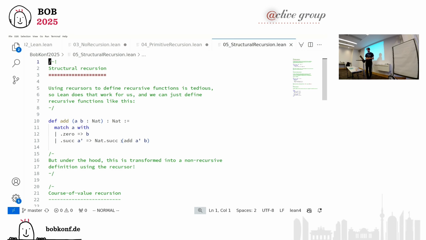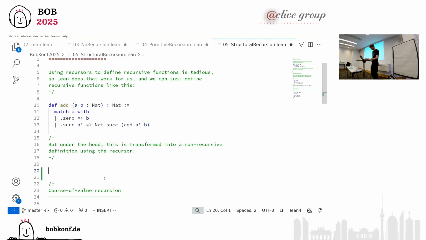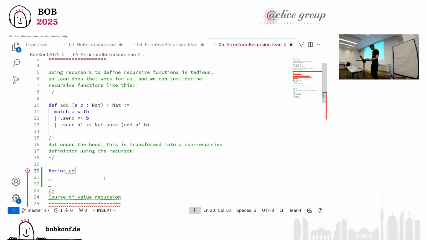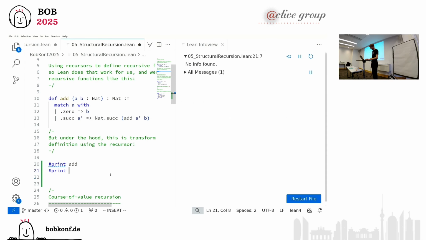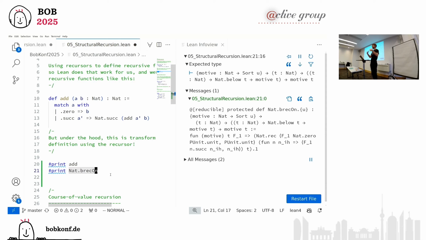We can look under the hood. We've already seen how to do that. We can use the print command. And if we do that, we see that it's elaborated to something larger again. It's a theme we recognize. It's actually not doing something with Nat.rec. There's something called Nat.brecOn, which is not what we just saw. But actually, Nat.brecOn itself is another definition. So it's not part of the kernel. It's part of the system around. And this definition, I will not go into much detail of what it does, but it's defined using the recursor. So my statement that it gets boiled down to using the recursor for natural numbers is still true.